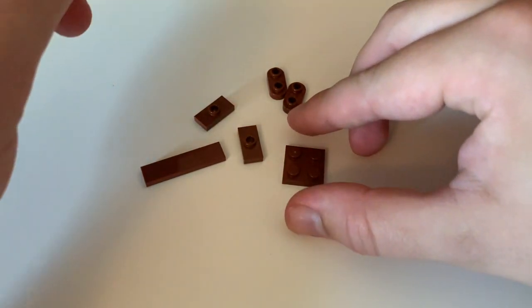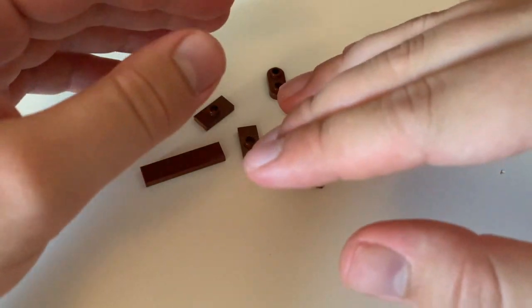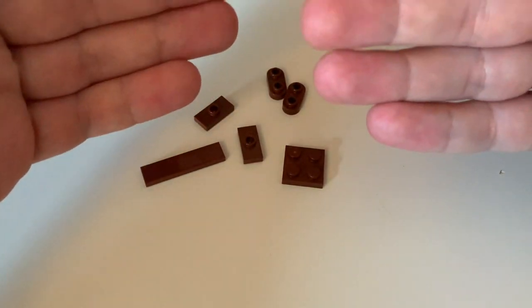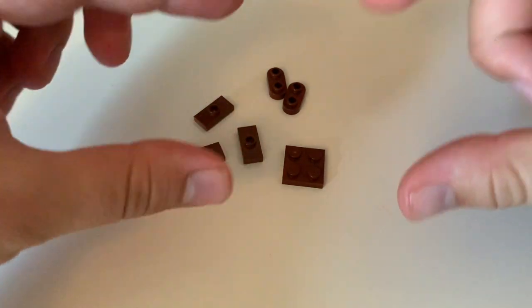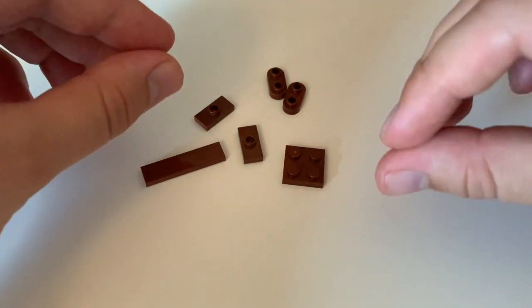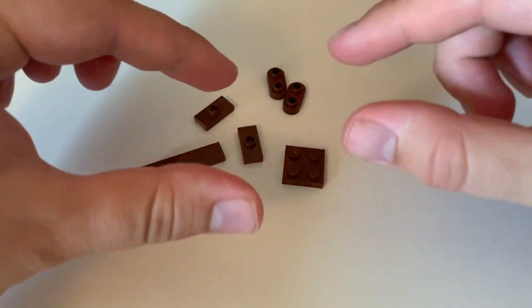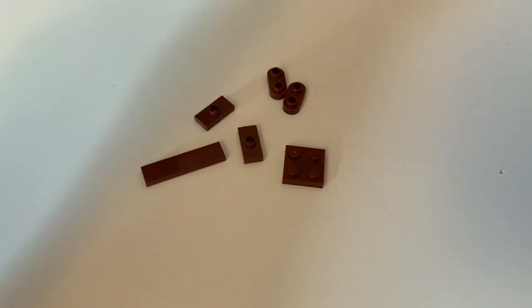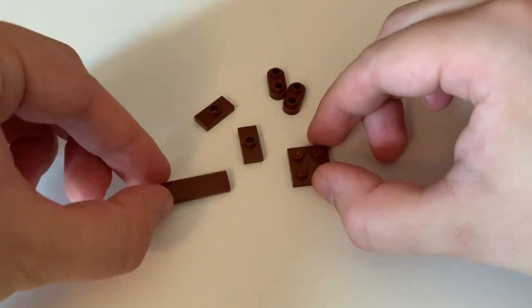Now, because I like to make things difficult for myself, I've actually constructed this with lots of SNOT building, so studs not on top. And this has meant that the central core, despite the overall thing looking roughly 4 studs wide, the overall core is 3 studs wide. So that means we're going to have to start off going from even to odd and then eventually going back to even again. And so we'll start off with this